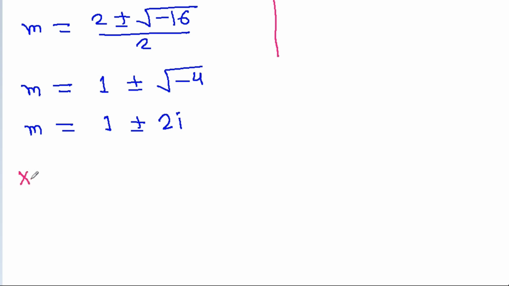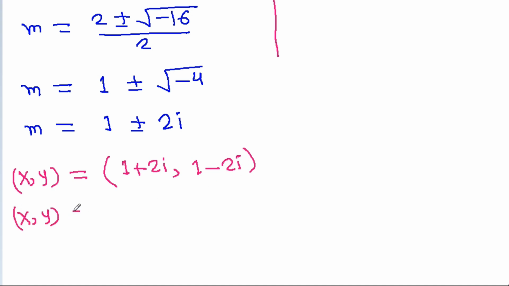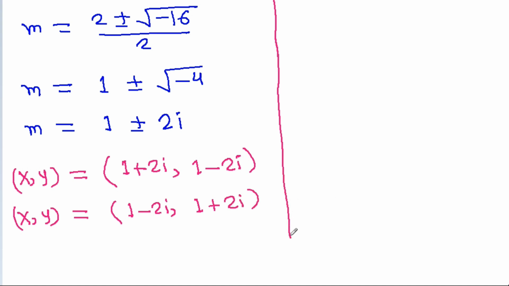So x and y will be, x can be 1 plus 2 iota, and y can be 1 minus 2 iota, and also x can be 1 minus 2 iota, and y can be 1 plus 2 iota. And